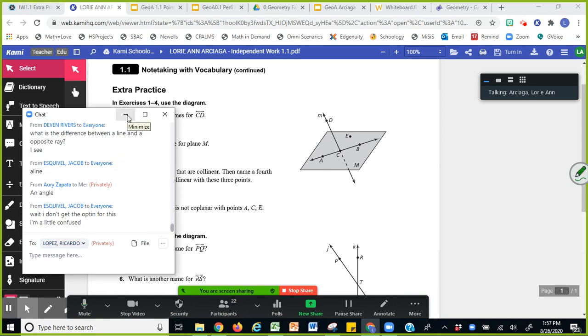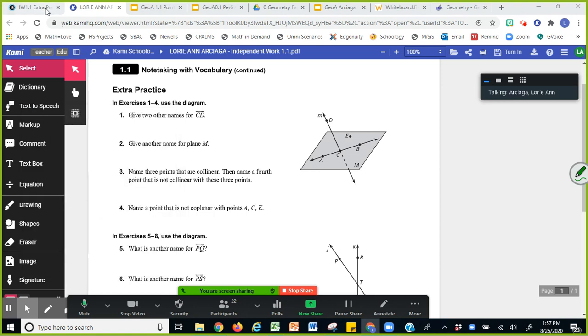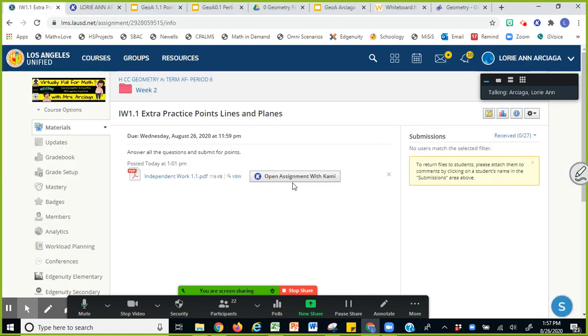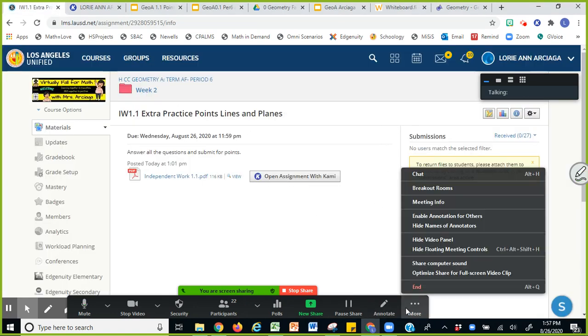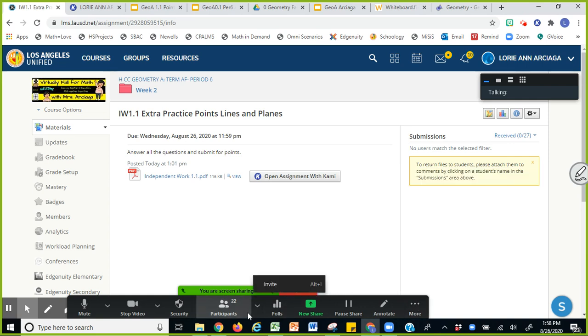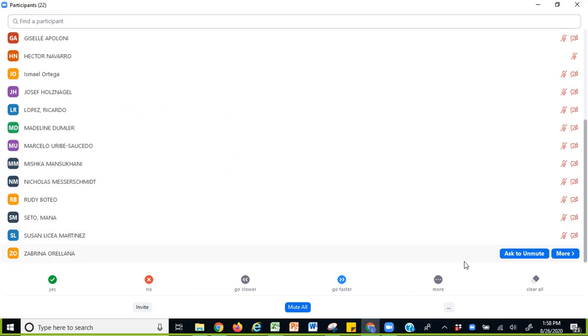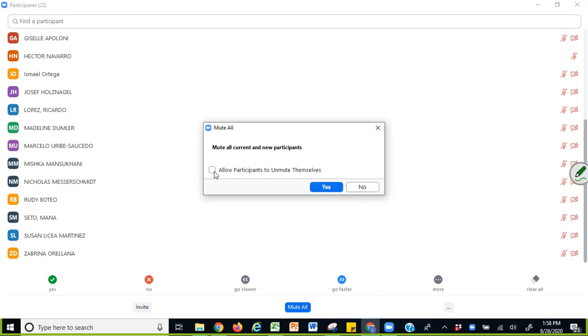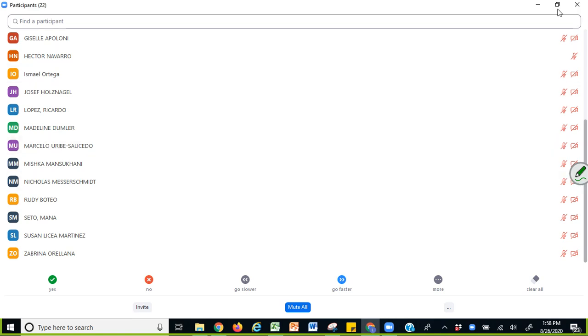Ooh, okay, so on your screen, it doesn't show you this. For participants, I'm going to allow you now to unmute yourself. It's easier. There you go. You can now unmute yourself if you have questions.